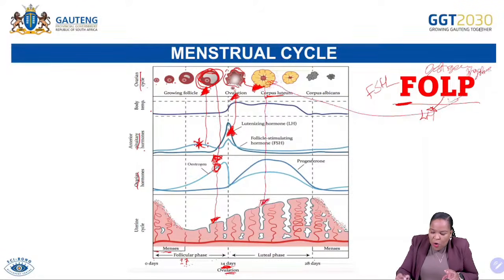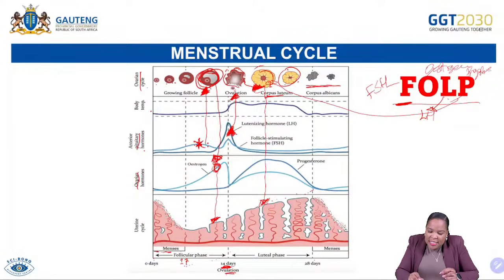Now, this is the hormone that is going to maintain pregnancy. So the corpus luteum, that yellow body, is going to continue to grow, going to continue to secrete what? Progesterone. However, if pregnancy did not occur, what is going to happen to the corpus luteum? You look. The corpus luteum is going to degenerate. When it degenerates, it becomes smaller and disappears. And when it disappears,